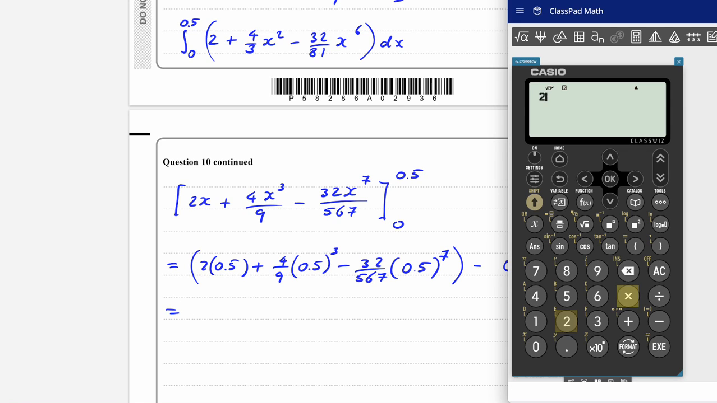Okay, let's do it. 0.5 plus 4 over 9 times 0.5 cubed minus 32 over 5, 6, 7 times 0.5 to the power of 7. Really hope this is right. It's this, but he wants it as a decimal, I believe. So it is